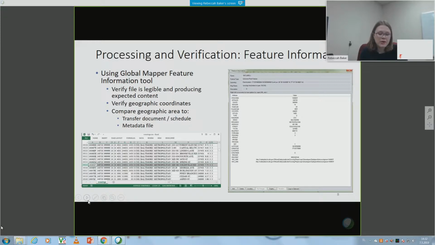Going into further processing and verification, once we've verified that the shapefile opens, we drill into the feature information that's available in Global Mapper, and we're verifying that the file is legible and producing expected content. So we're verifying that the DBF table is coordinating with the shapefile, and then we also open up that table in Excel and verify that the same point has all expected attribute information. And it can also be used to verify the geographic coordinates,